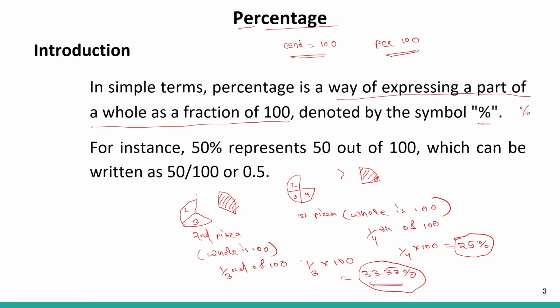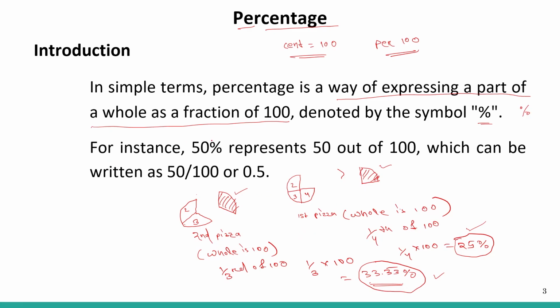So you can see that in the first case you took one slice, and in the second case you also took one slice, but the number of equal proportions in the first pizza was 4 and in the second pizza was 3. So when you took the slice from the first pizza, you took only 25%, and you took 33% in the second case. So you can see the difference. Right now we can physically see this, but numerically percentage tells us how much we got. If the whole was 100, then in the second case what I got was 33%, but in the first case what I got was 25%.